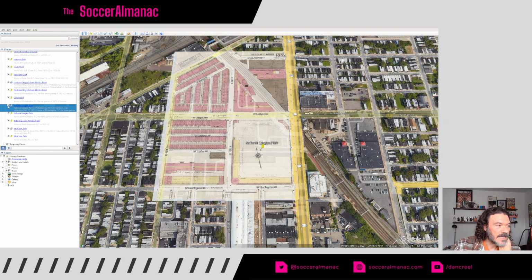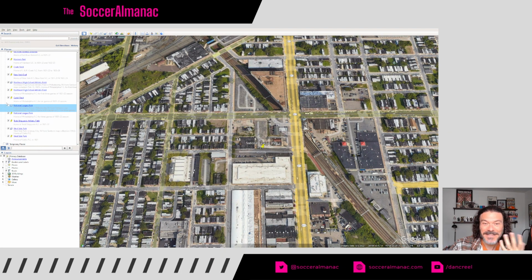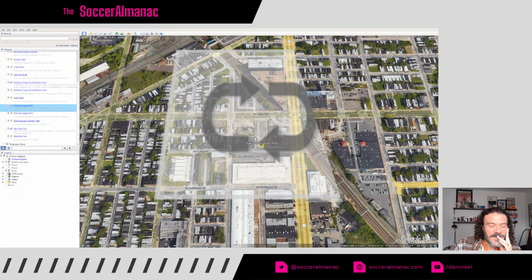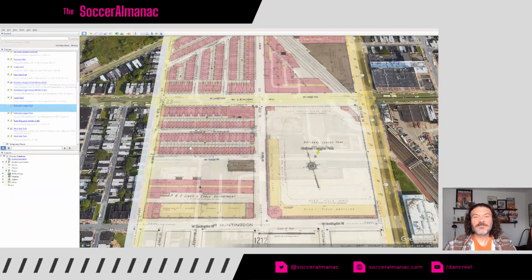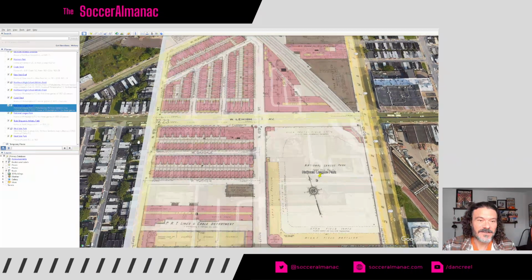Let me just hide it for a second. Right there. Now it's just like a lot of light industrial, but it's cool. These houses here were there when you look at the Sanborn map from 1921. It's like what you think of when you think of tradition. When people talk about traditional soccer, of like, oh, it sits in a neighborhood. It sat in a neighborhood. There's houses here. People in these houses right around here could just walk across the street and go see a baseball game or a soccer game. Yeah, so there you go. That's National League Park or the Baker Bowl.